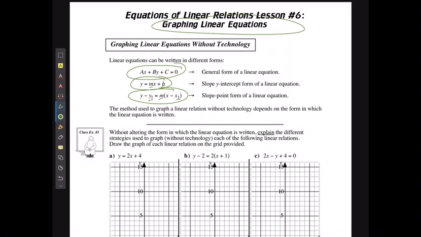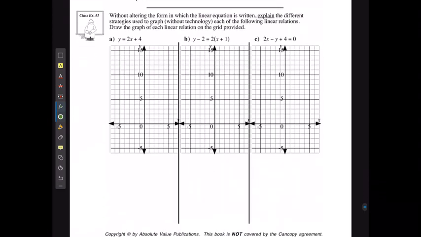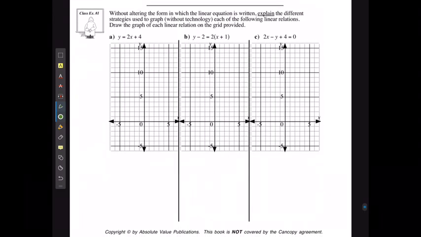The method used to graph a linear relation without technology depends on the form in which it is written. So, taking a look at the first case, without altering the form in which the linear equation is written, so without having to convert them all to the slope-intercept form, explain what different strategies used without technology for graphing each of the relations, and we're going to draw them out. Well, for the first one, if it is in slope-intercept form,